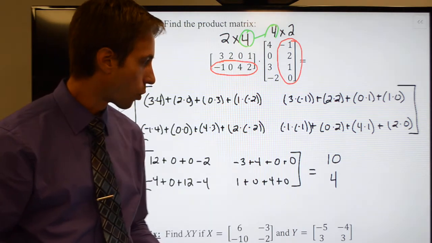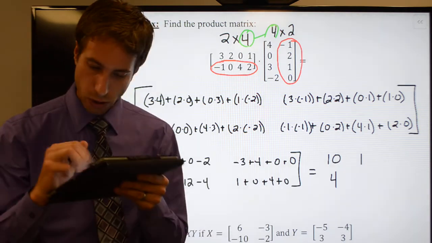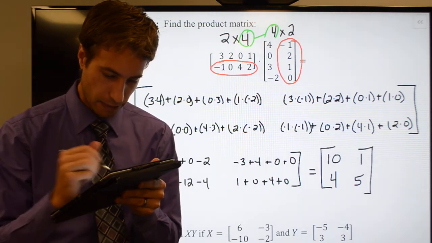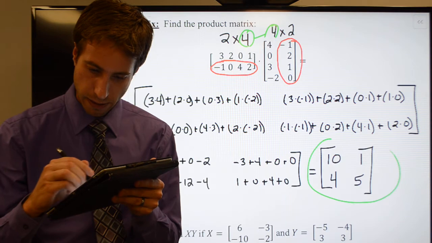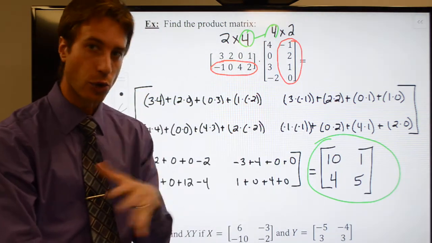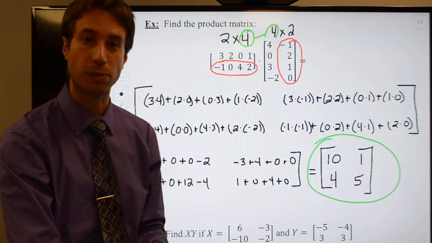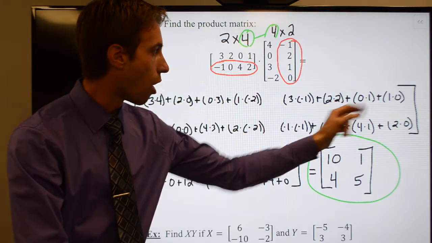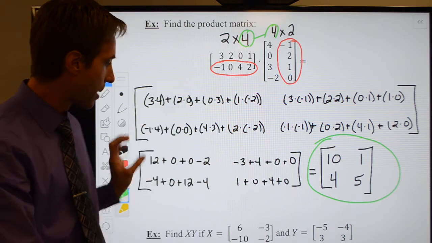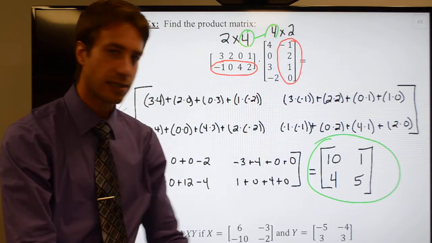Negative 3 plus 4 should be a positive 1. And 1 plus 4 should be 5. And that is my product matrix, this guy right there. Again, what I've done is I have walked through showing every possible step, determining whether the matrices can be multiplied together. I wrote out all of my products, which I then did here, going from this step to this step. I then wrote out all of my sums, which I did going from this step to this step